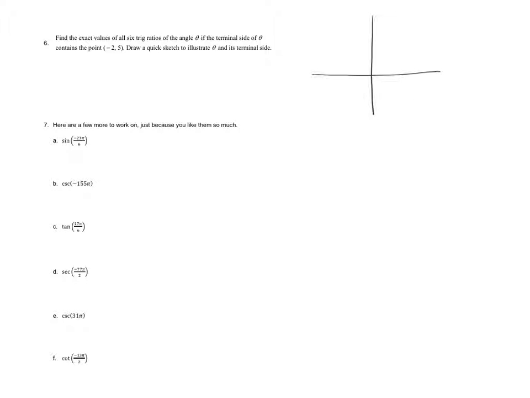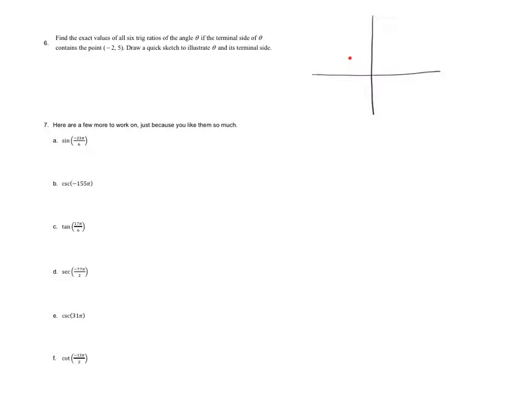Okay, I just wanted to go over example 6 from the section 4.1 through 4.3 practice problems. It's actually much easier than some of the problems we worked out earlier in this practice set, because when they give you the coordinates of a point that is on the terminal side of an angle, there's no ambiguity. There's no questioning about where that point is going to be. So I drew a little coordinate plane over here, and we've got a point that's -2, 5,